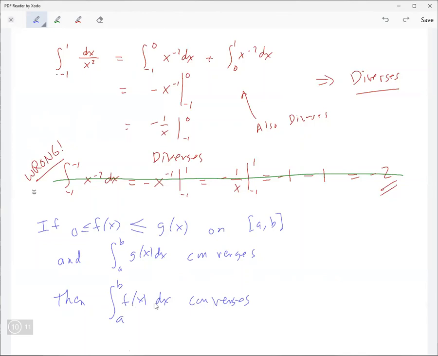Maybe that would not work very well. You might have a lot of trouble using the methods from the previous section, even though you'd know that it converges. If it's an improper integral of type 2, at one of these endpoints it could blow up to infinity, because we're saying it's positive. And then when you try to use a numerical method or approximate the integral, it messes you up that way.